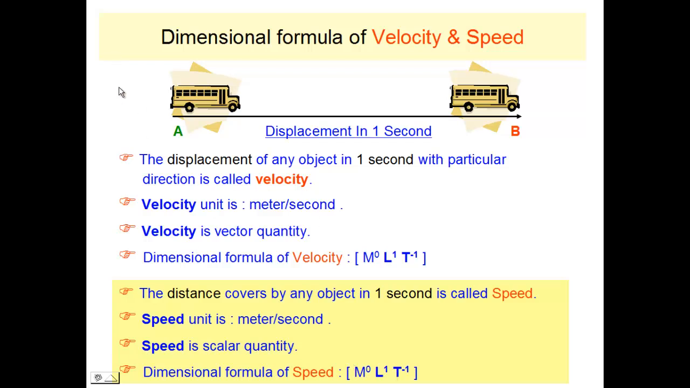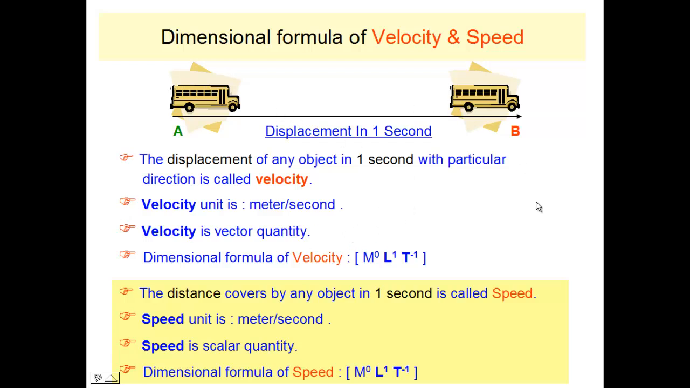Now the next topic is the dimensional formula of velocity and speed. The displacement of an object in 1 second in a particular direction is called velocity. The initial position of the object is A, then the final position is B. The displacement in 1 second is called the velocity. So the velocity unit is meter per second. Velocity is a vector quantity